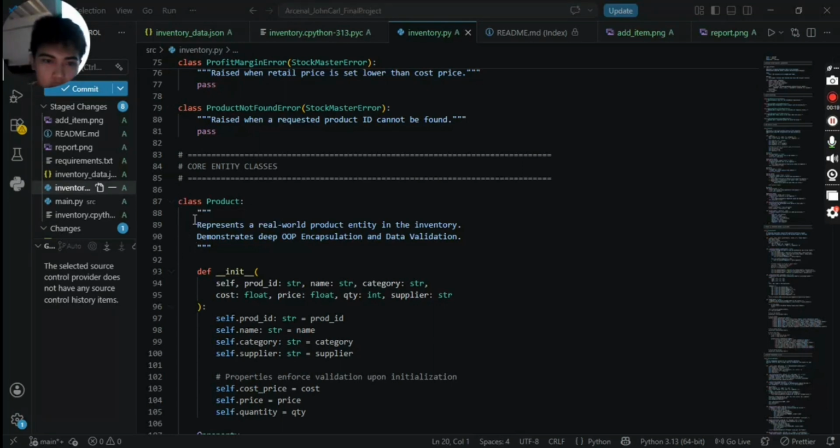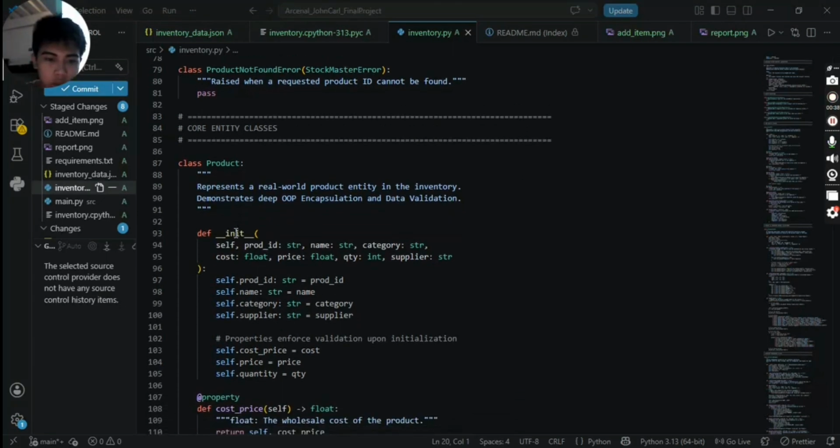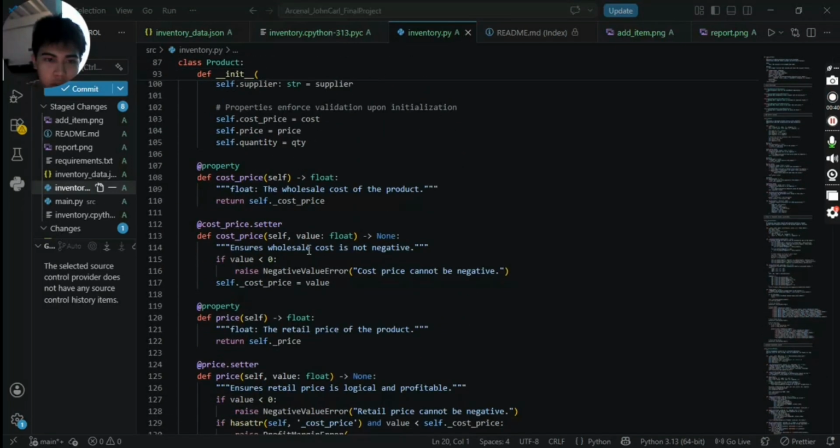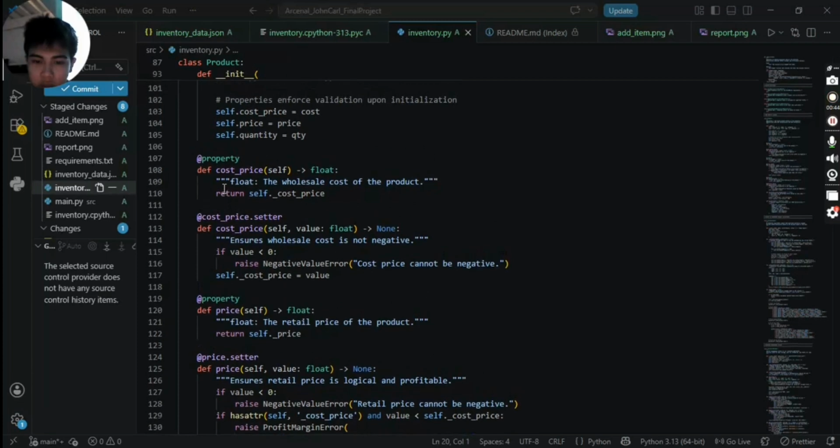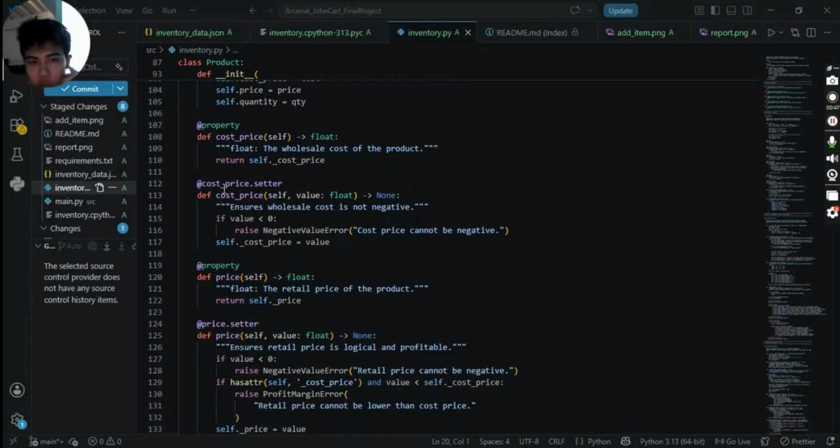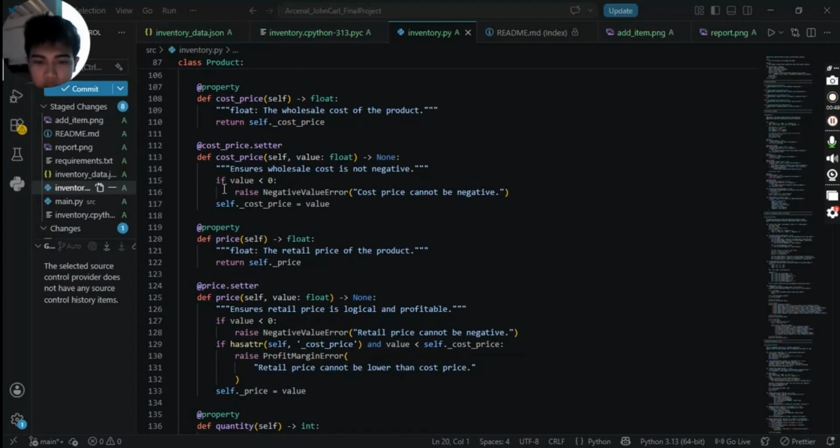Using OOP encapsulation instead of raw variables, attributes like price and cost price utilize the property decorator with dedicated setter methods. This is where I enforce strict data validation right at the object initialization level.